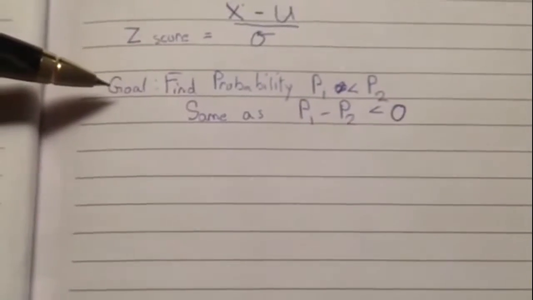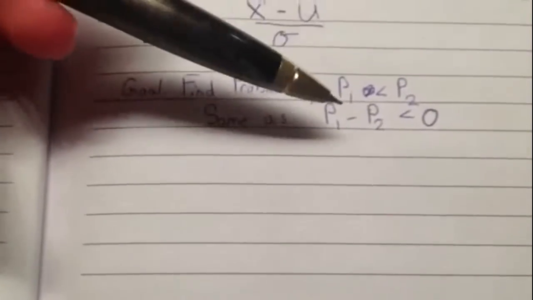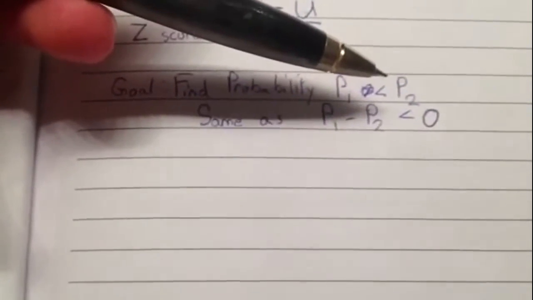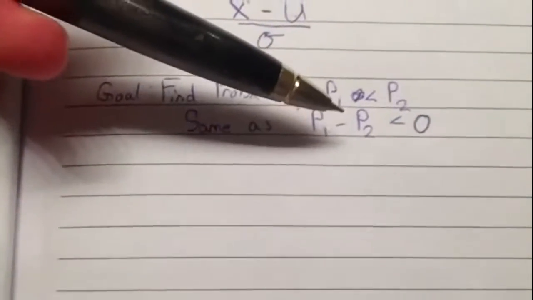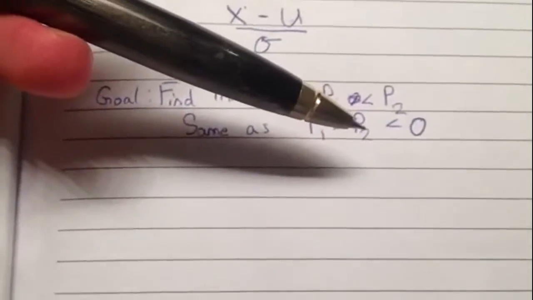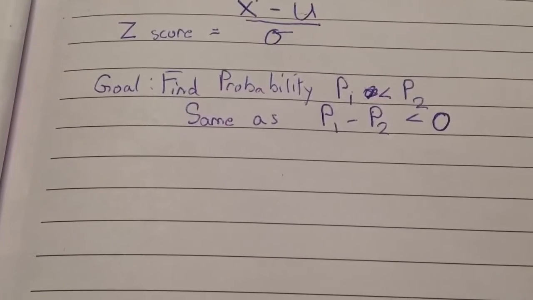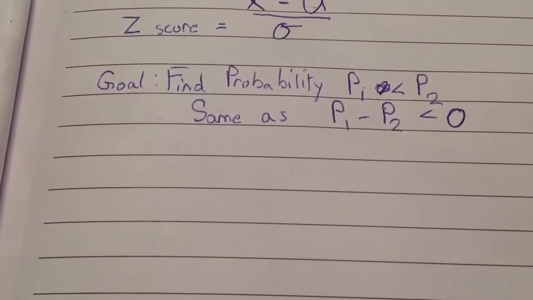So our goal for this problem is to find the probability that the percentage of Republican voters in the first state is less than the percentage of Republican voters in the second state. Another way to rewrite this is P1 minus P2 is less than 0. Now that we've rewritten the problem, we can use a z-score to find the probability that P1 minus P2 is